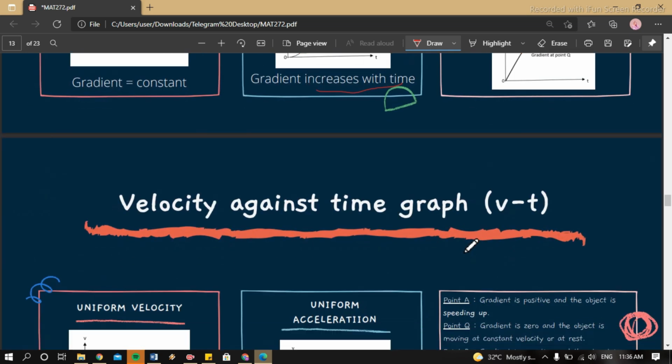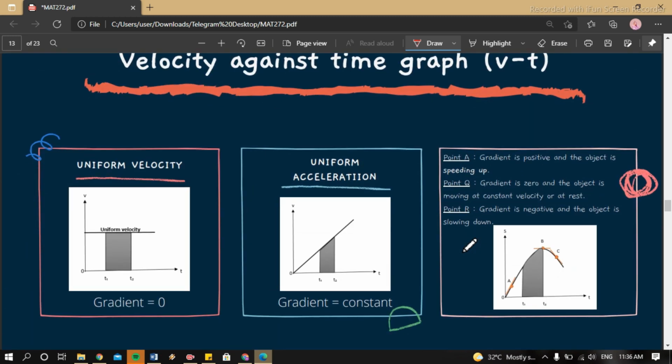So the next one is the velocity against time graph. It also has three types of graph. The first one is uniform velocity, where the gradient is equal to zero, and the next one is uniform acceleration, where the gradient is equal to constant because